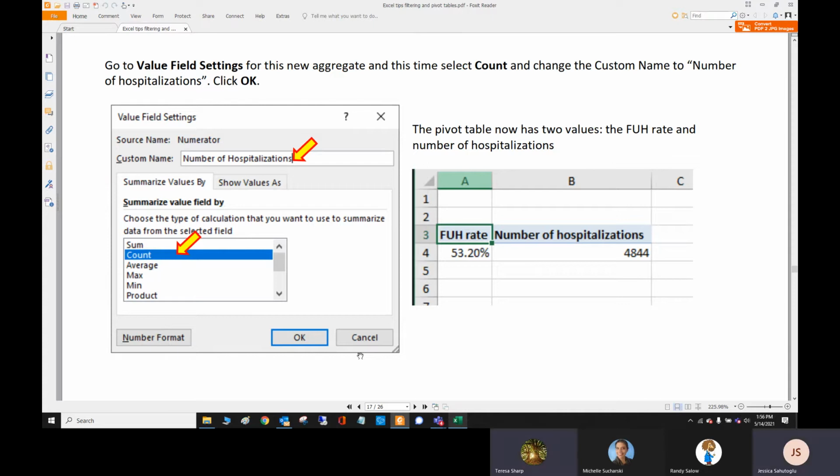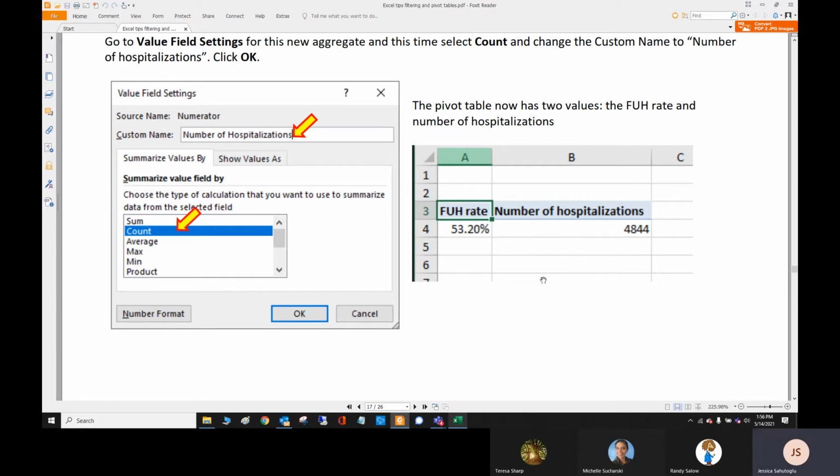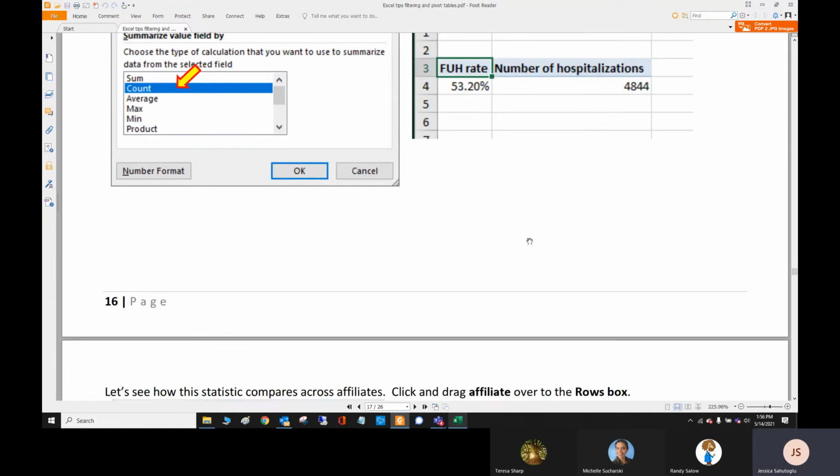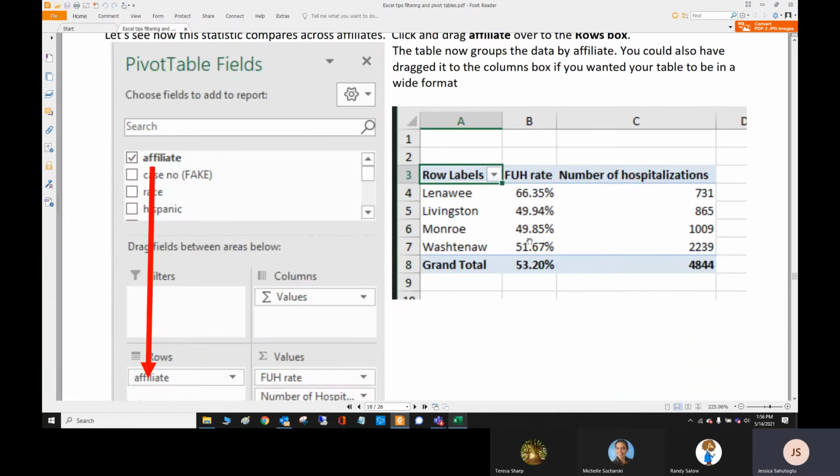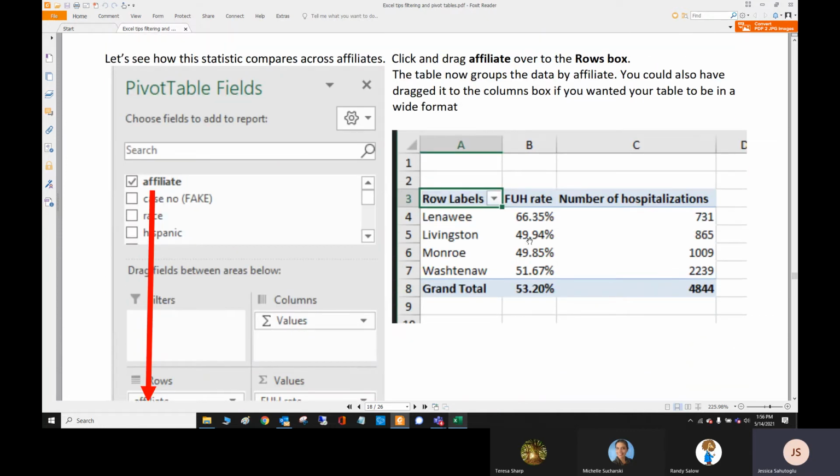Okay. And this little duo is exactly the kind of thing people always want to know on a data set like this. How many were in the pool? What's N? And what is our outcome? 4,844 hospitalizations, and the follow-up rate was 53%. So this is a lot of work for basically what we got on the previous page just by Control-Shift down arrow. The great part about pivot tables is that now you can slice and dice this super quick